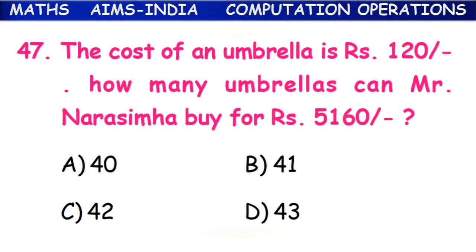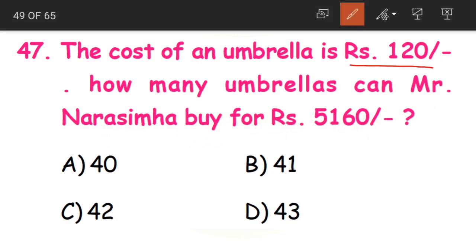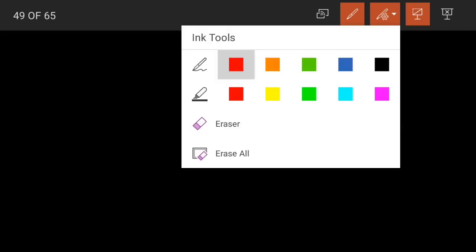Next question 47. The cost of an umbrella is 120 rupees. How many umbrellas can Mr. Narasimha buy for rupees 5160? Now see children, again the cost of one umbrella is given and the total amount he is having is given. We should find out the total number of umbrellas that he can buy. How to do that? We need to divide 5160